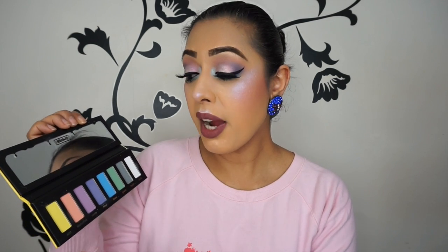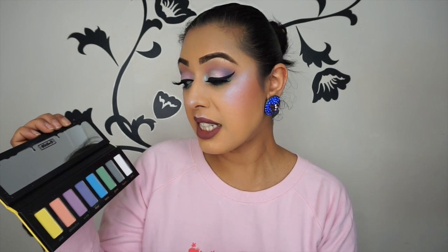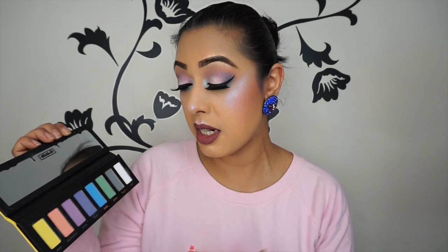The quality is excellent. It's finely milled, it's very soft, super easy to blend. I really didn't have to use that much of the products at all. Obviously it depends on how intense you want it. Starts off light and then you can build up and build up and build up. I definitely think this is something that would work across the board on all skin tones because of how pigmented